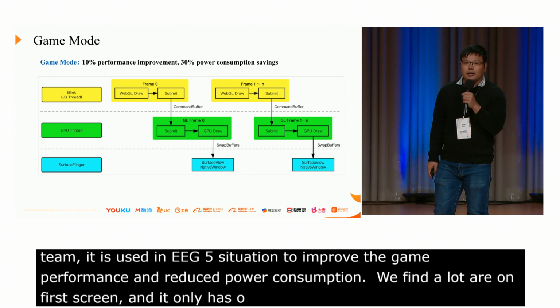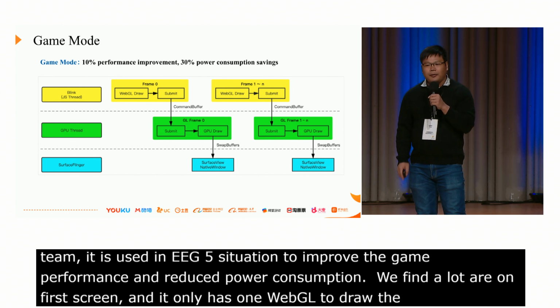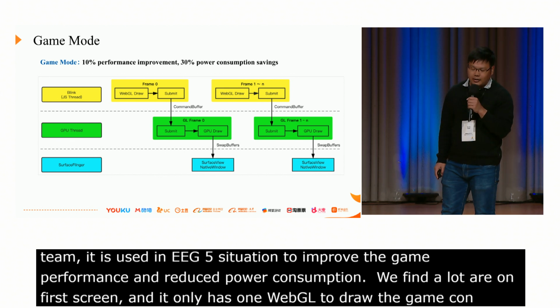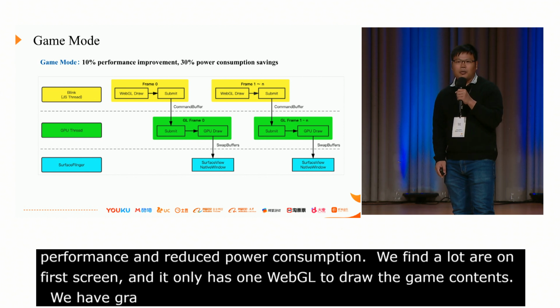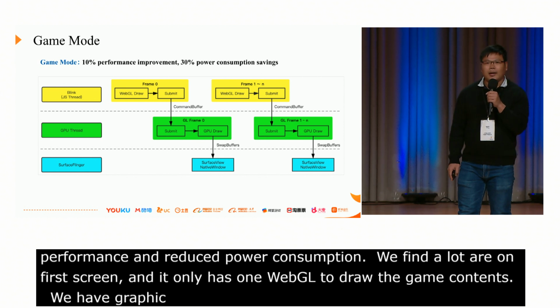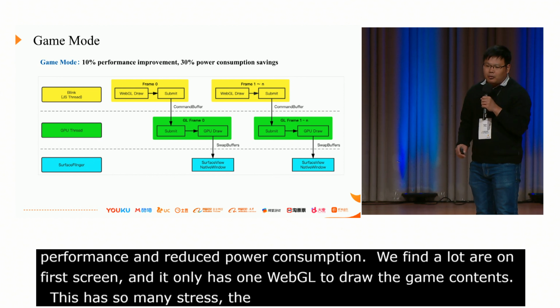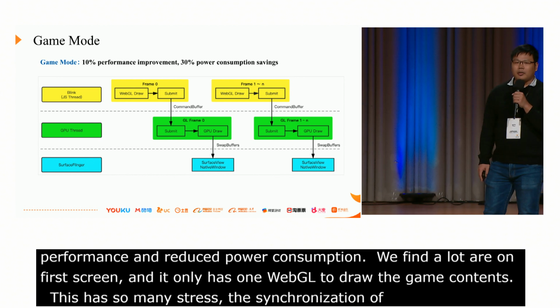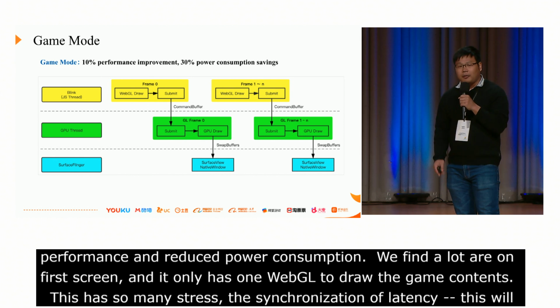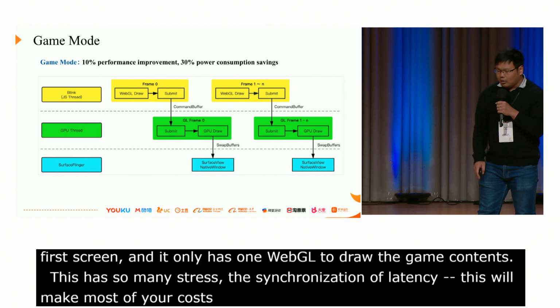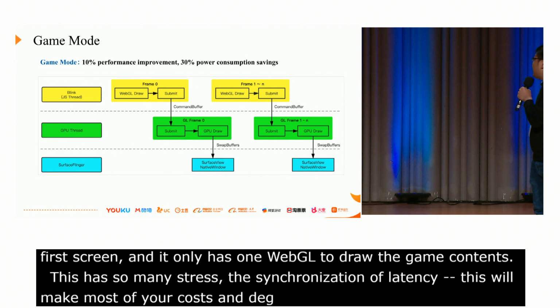In this situation, the web engine graphics pipeline seems to be a complex design. It has so many threads and a lot of synchronization operations. This complex design will cost more CPU and degrade performance. So in the game mode design,